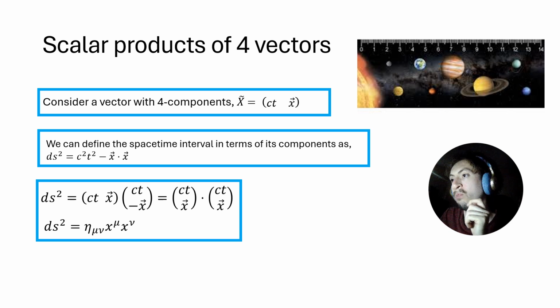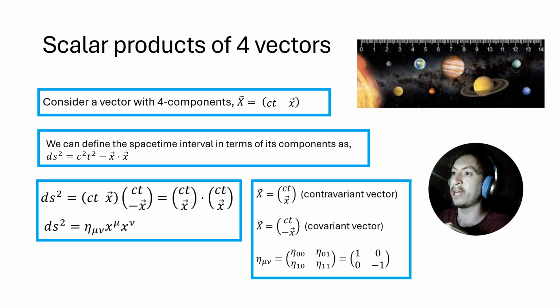The advantage, though, with using the matrix multiplication way of looking at it is it tells us that there's something subtle going on when we take the scalar product of a vector with itself in space-time. One of our vectors has a minus sign for the space term, and the other vector doesn't have a minus sign. And that's because really when you take the scalar product, you're multiplying terms between the contravariant and covariant version of a particular vector. So